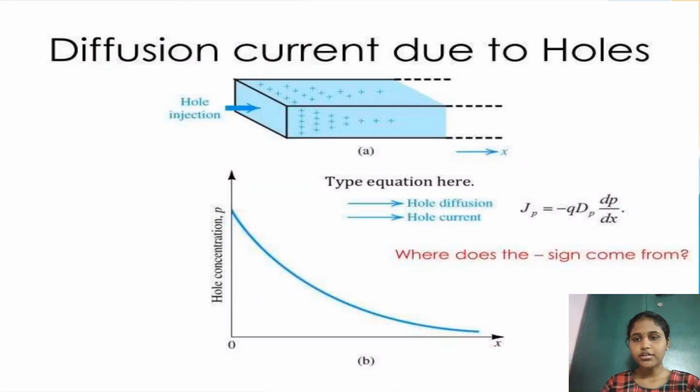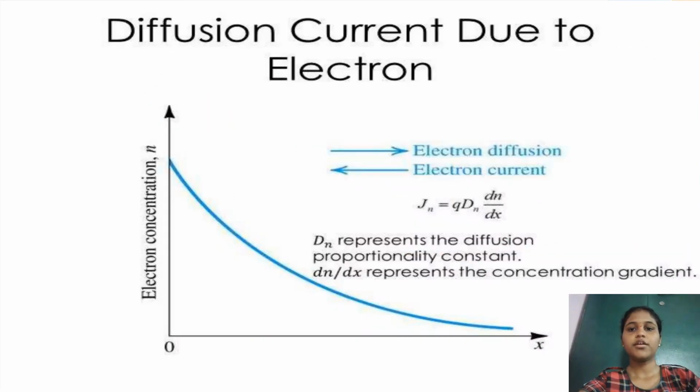Diffusion current due to holes. Here, hole diffusion and hole current both move in the same direction. So, Jp is equal to minus q Dp into dp by dx, and the graph comes like this. Diffusion current due to electrons. Here, electron diffusion and electron current both move in